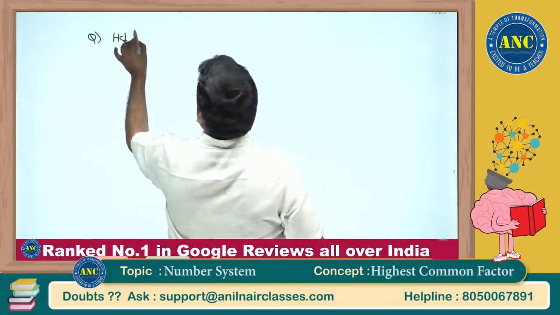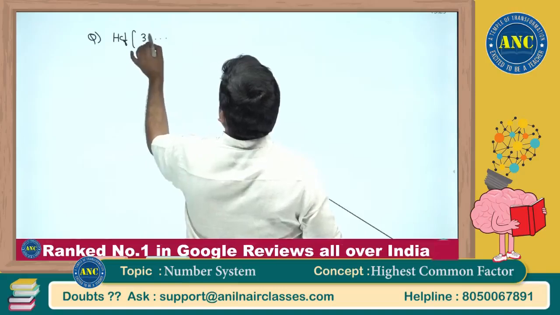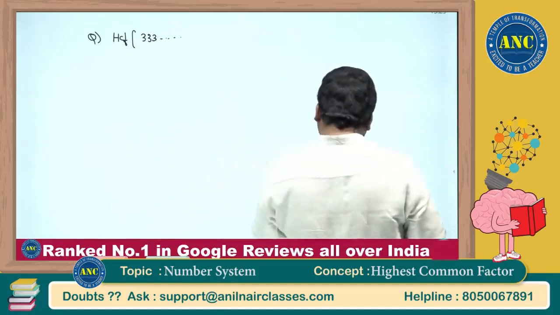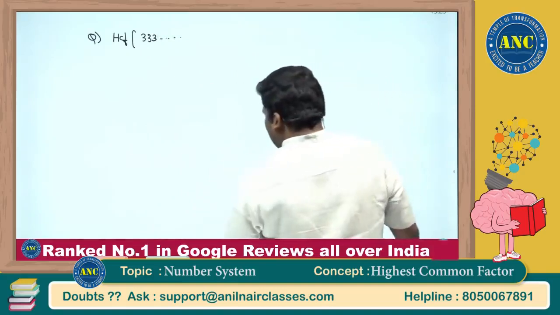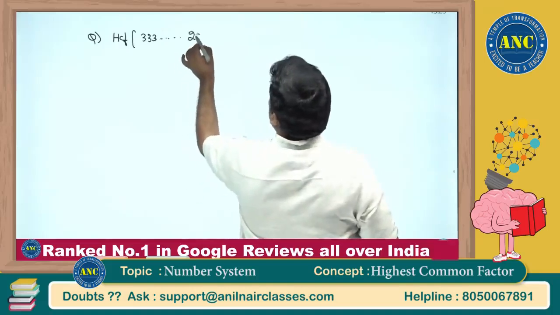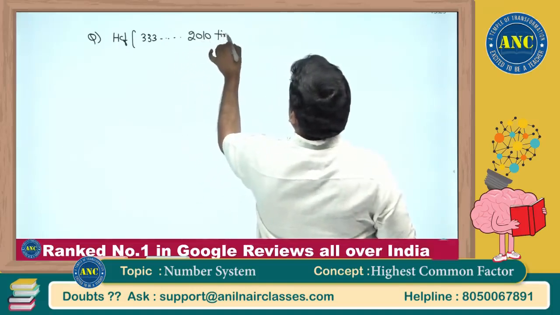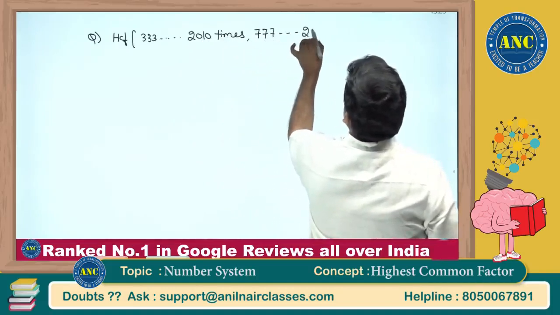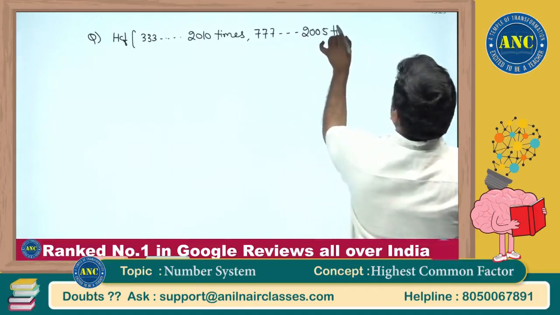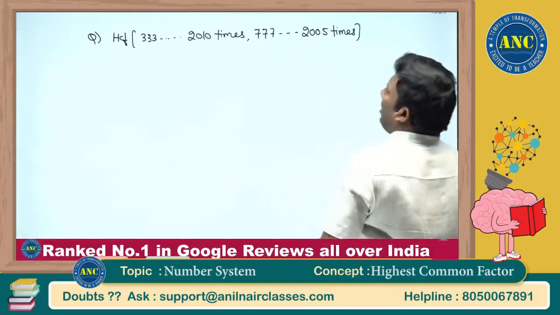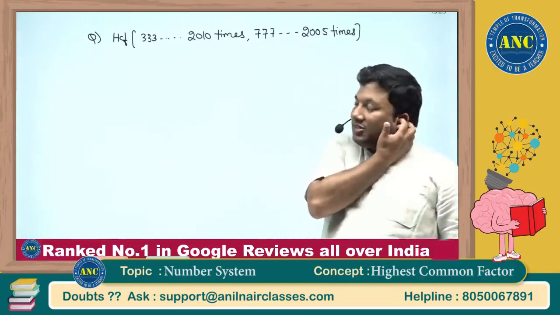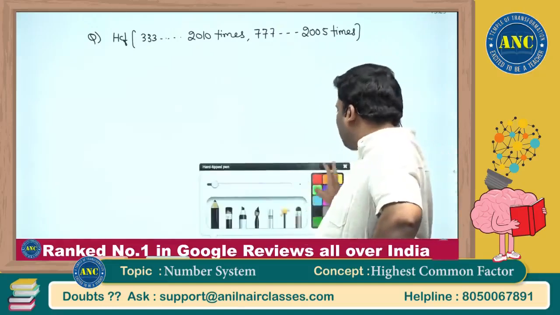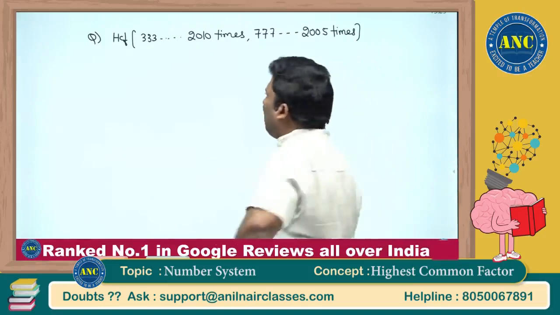Most of the students will make a mistake in this question. The question is: HCF of 3 written 2010 times, comma, 7 written 2005 times. HCF of 3 written 2010 times and 7 written 2005 times. Most of them will tell the answer as